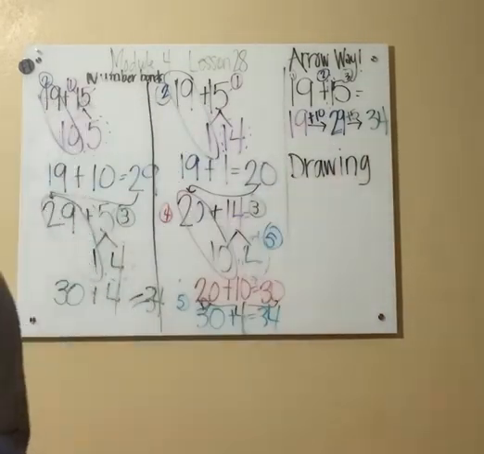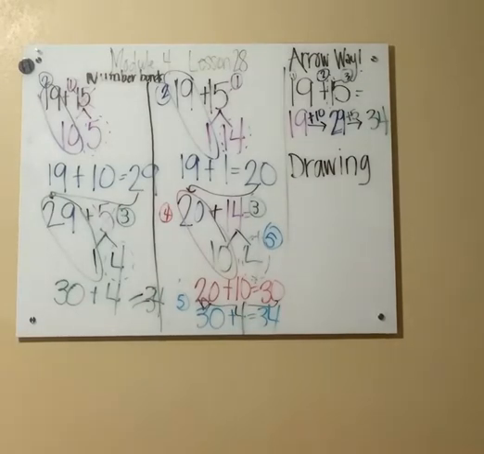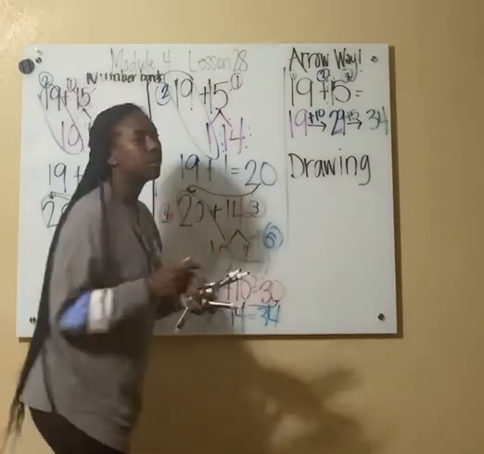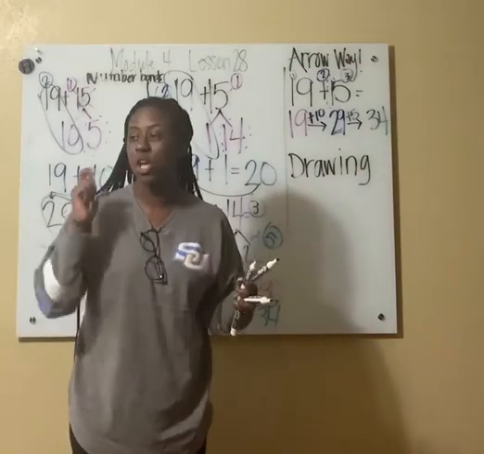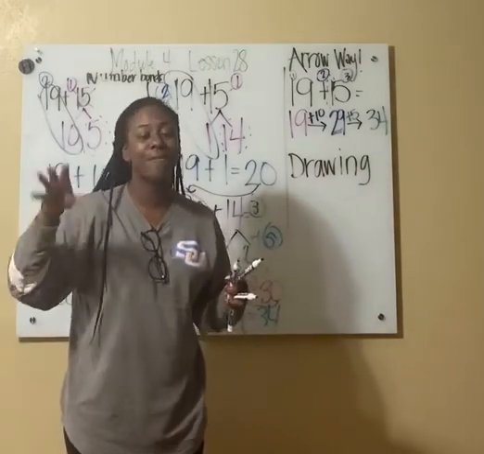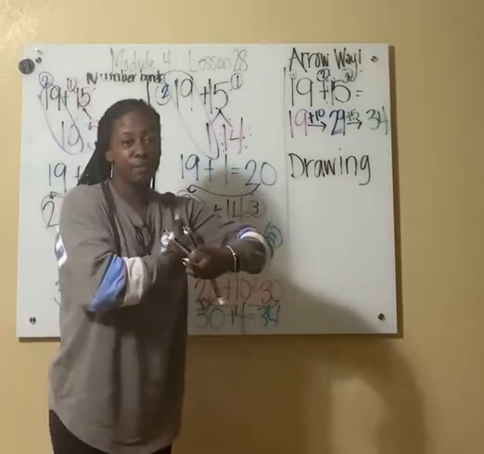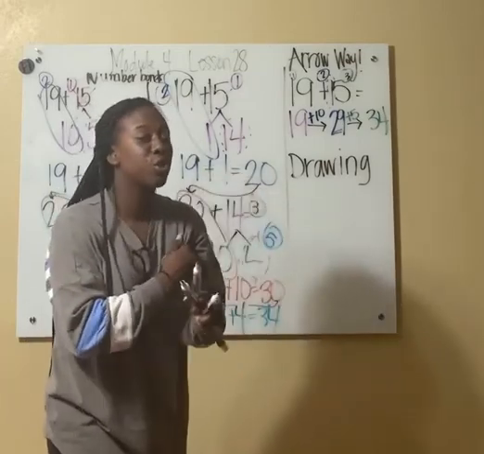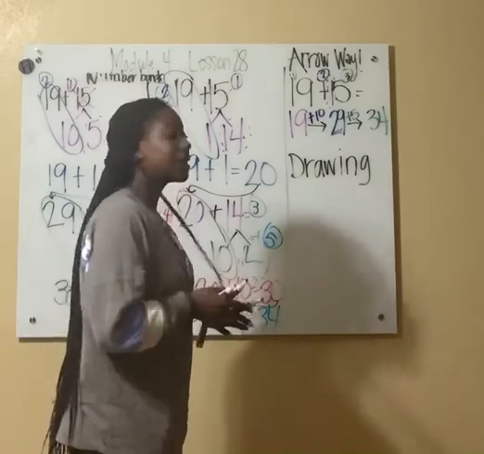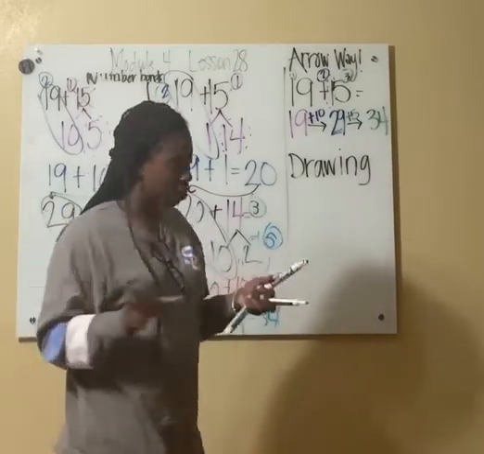Now, the concept for drawing 10s and 1s is so that you can see if it makes a 10. So that check box on your problem set is basically if you found the 10. That's the only time you're going to check that box, if you found the 10 when you drew. And I don't want you to draw for every question. I'm going to tell you which questions you're going to draw. Yes, all of them are going to be drawn. I don't want to make it too easy, but